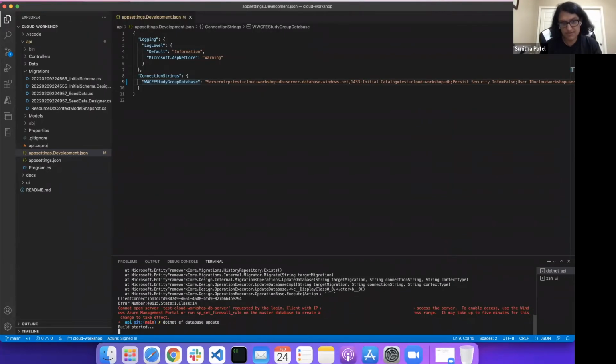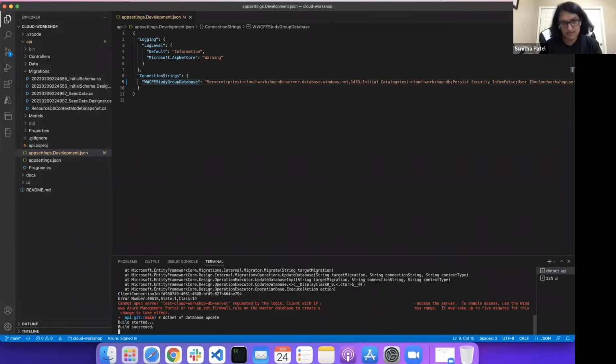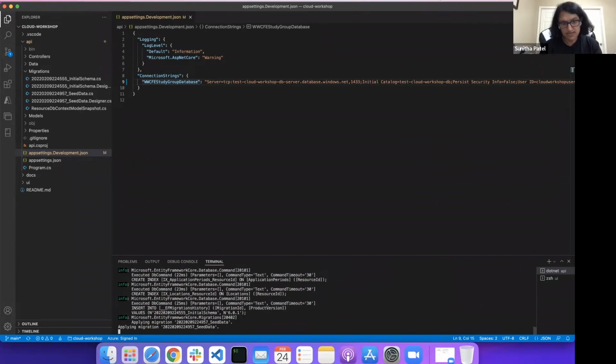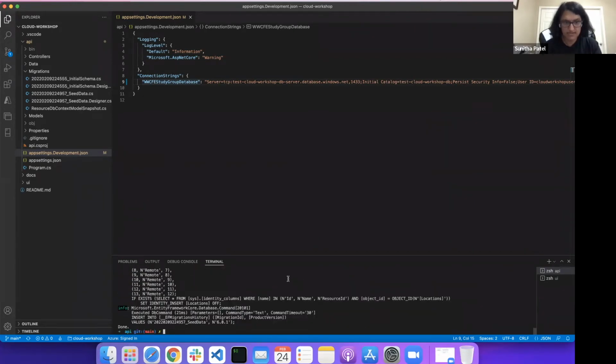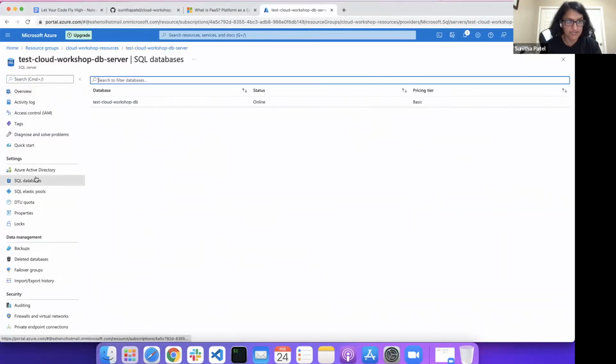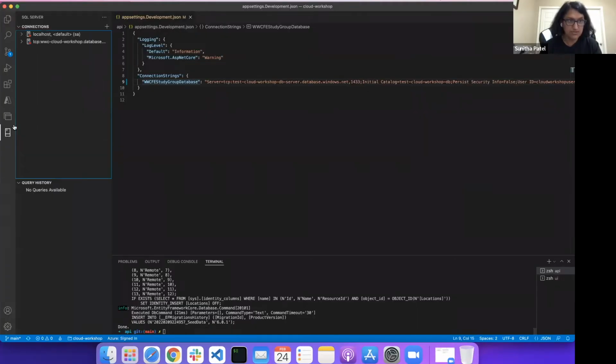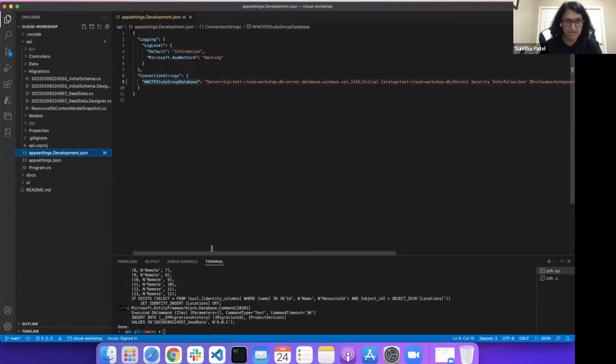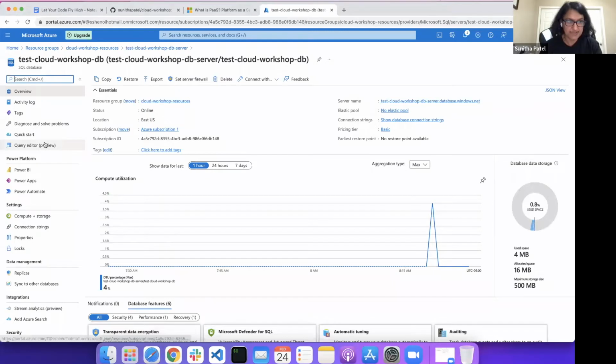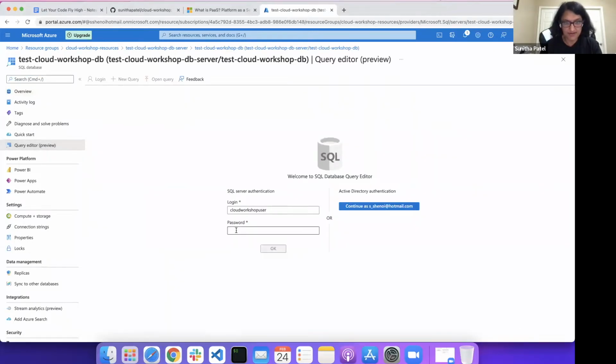So now if I run this, I should be able to make it. And now it's creating the data, the tables, all the stuff. To make sure that it did it, we can take a look. There is an extension in Visual Studio Code that you can use to connect to the database, but I'm just going to show you in the Azure portal itself. It gives you this query editor that we can use to quickly see